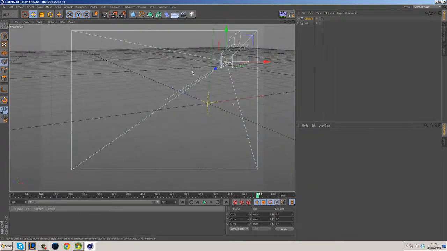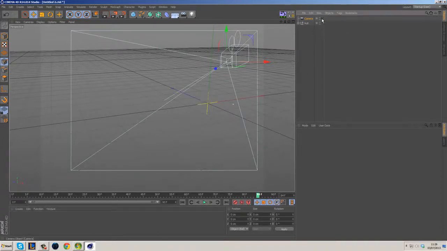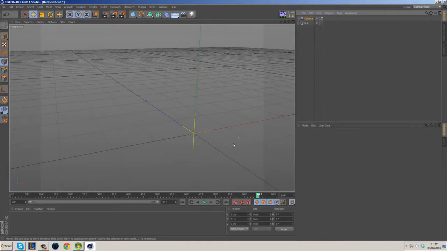I'm going to go over here to this document, and the first thing I've done is just to set up my camera angle. Now that isn't necessarily a part of the tutorial because your camera angle will be or may be completely different to mine. So set up a camera angle. I've got it so we can actually see it whooshing in, and with some nice motion blur that'd look really nice. So once you've got that, we're going to go up to this icon here and we're going to click,